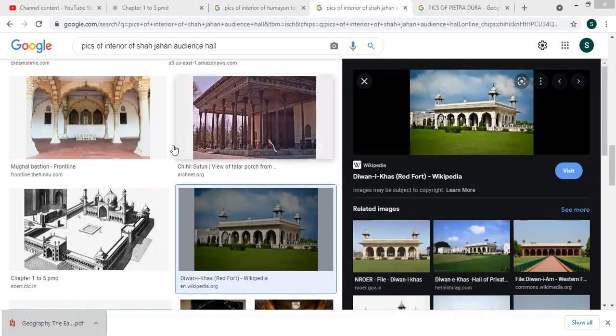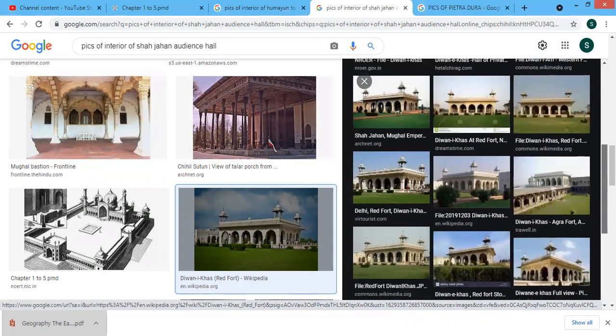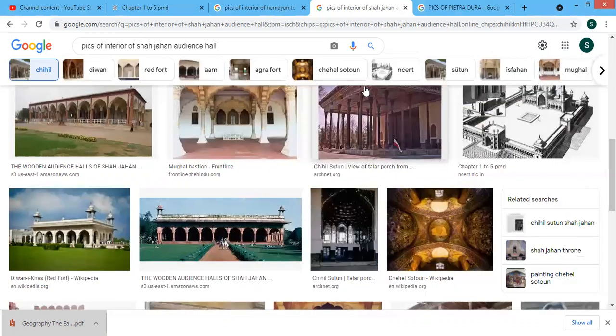You can see here the Qibla, the west direction. Now the next one is the idea of the king as a representative of God on earth.